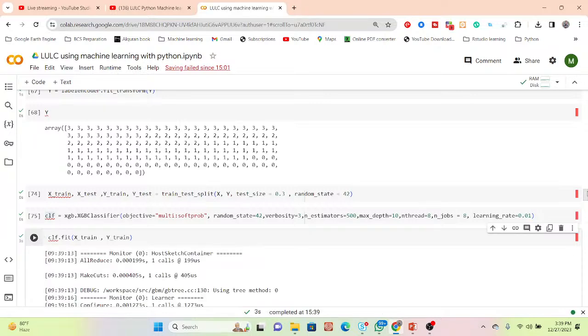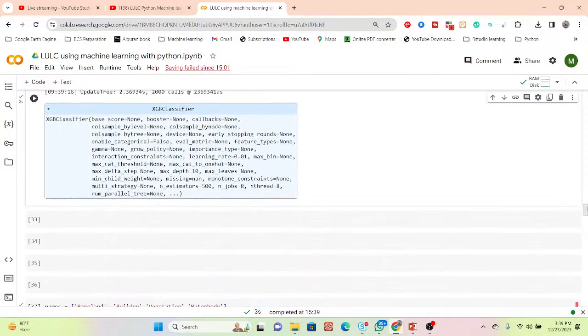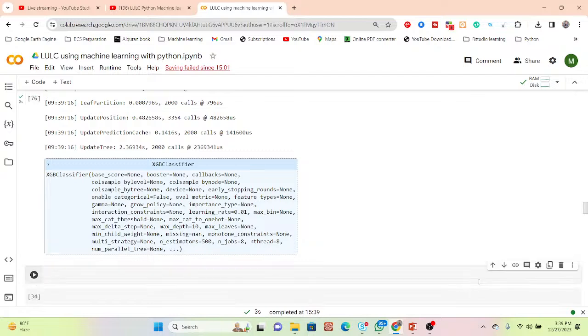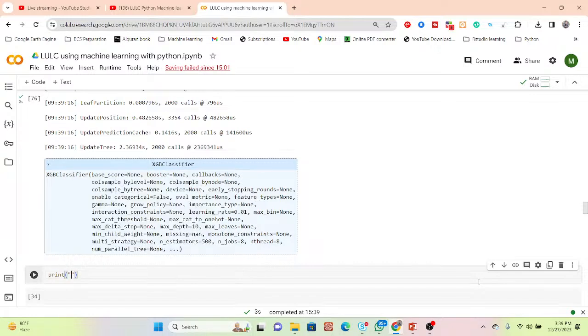You can see we trained our model. After that, I have to check the accuracy. For checking the accuracy, this time we simply take a variable, or if you want, you can simply take a function. Suppose I simply print my accuracy. There are two types of accuracy, training accuracy and test accuracy. So I simply write here,